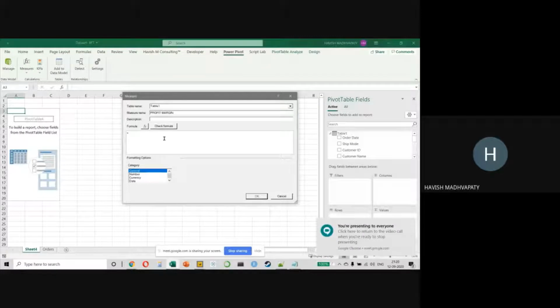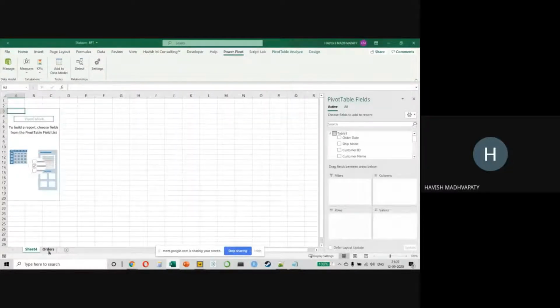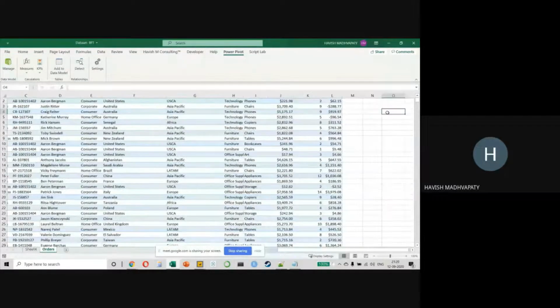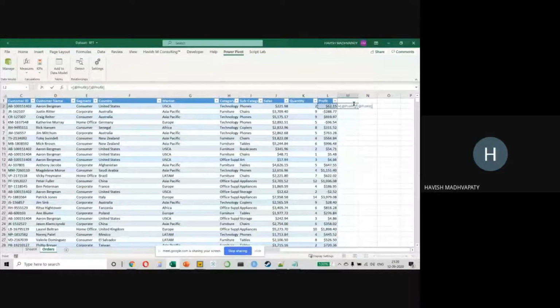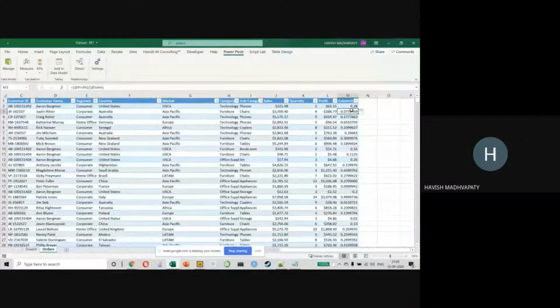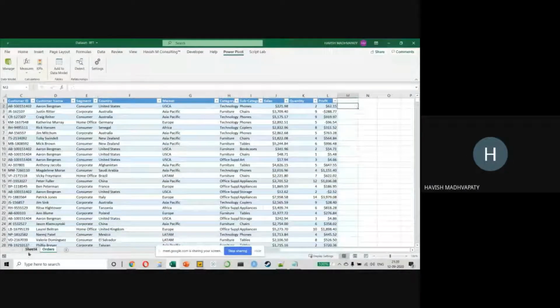Now the calculation is going to be an aggregation. So just pay attention to the words here. I am not dividing the profit column by the sales column. Why? Because that would be incorrect. For example, let's go back to the data and I'll make a new column here and I'll simply say equal to profit divided by my sales amount. Now, clearly this is incorrect, right? Because you're not finding a per transaction profit margin. You want to find the profit margin for an aggregation, which means first you will sum up the profit for a particular market, sum up the sales for a particular market, and then you will find the numerator denominator. So that's what we want to do.